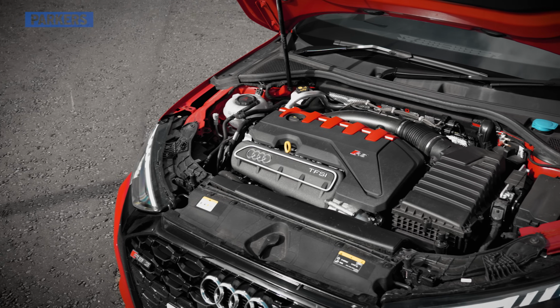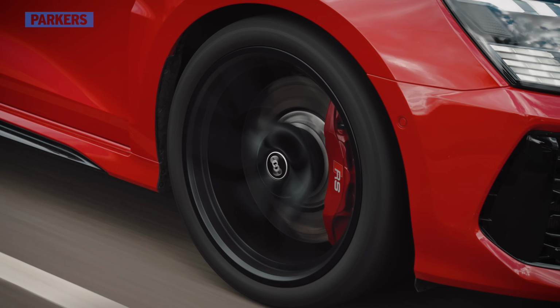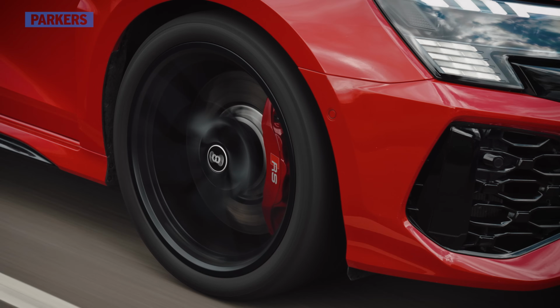I mean, imagine a 3-cylinder engine with that kind of characterful but still fairly weedy sound. But this has been upscaled. It's got 5 cylinders, and that's more than enough. My only real criticism of this engine is that I think it used to be wilder and louder on previous